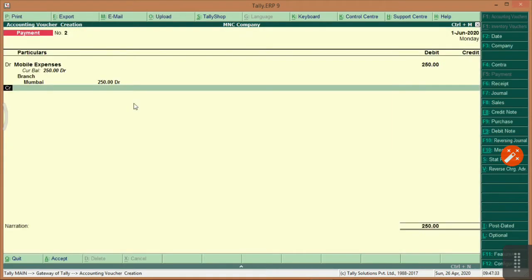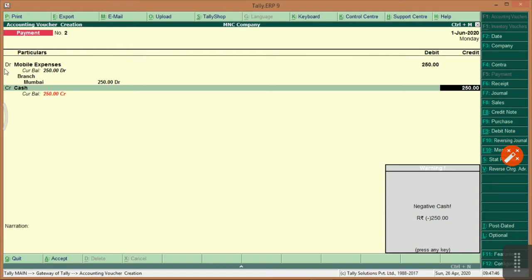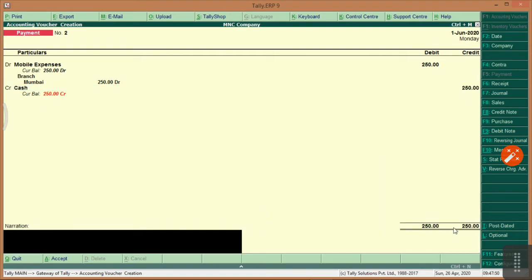Branch and Mumbai and cash. Okay, just see here, red mark is there, that is a negative cash balance. Friends, Tally will allow you to save the entry and also give the message negative cash balance. Okay, being mobile expenses paid off mobile number.